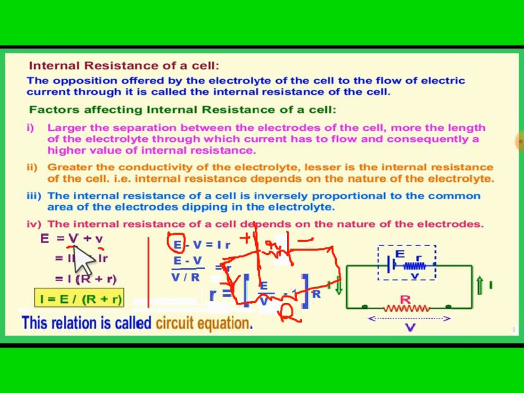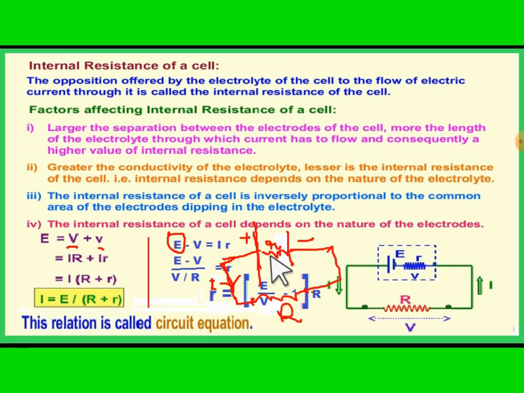If the current flowing here is capital I, then the potential difference across the two terminals of the resistor will be equal to the potential difference of the cell. So we can write V is equal to IR from Ohm's law, and the same current I will be flowing across this